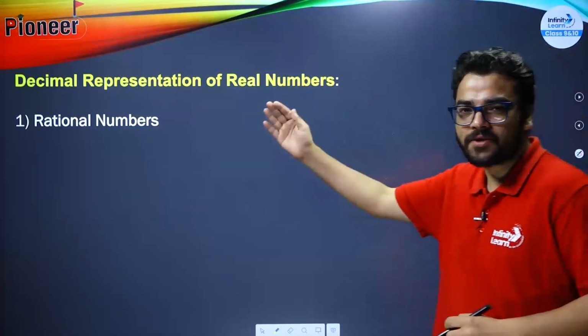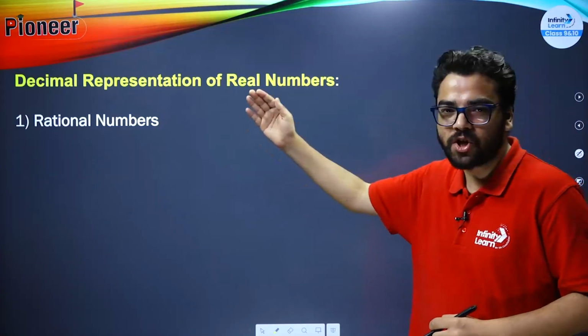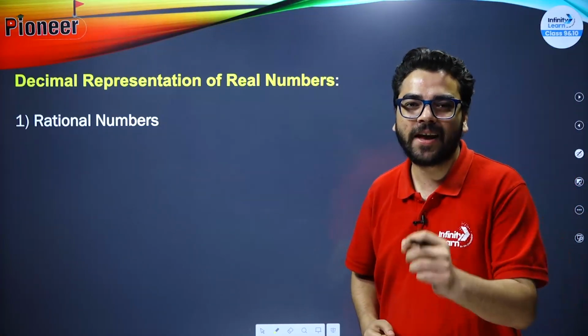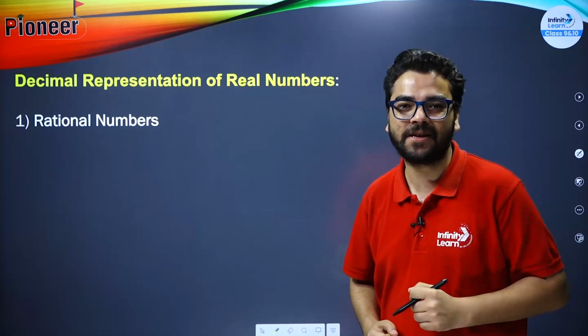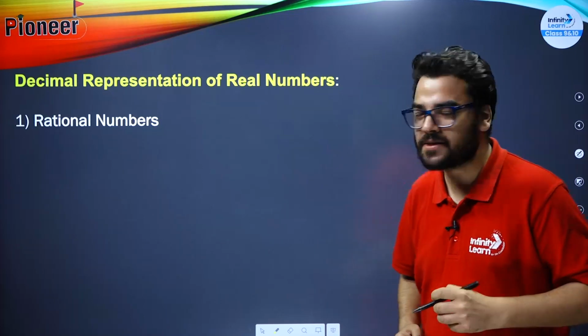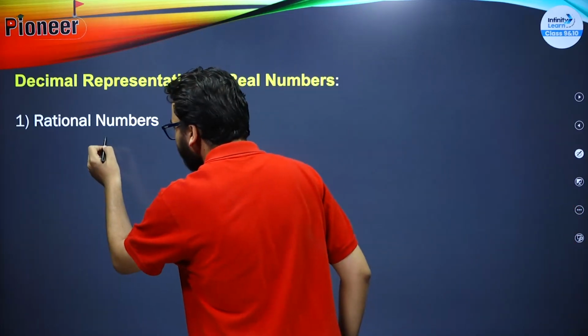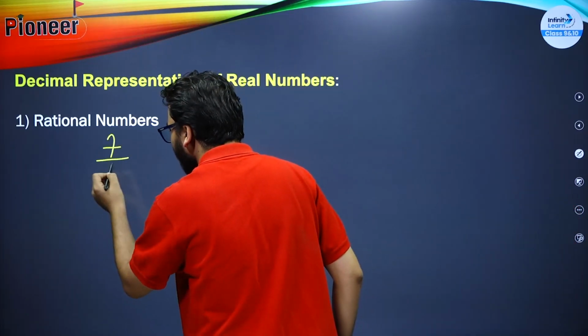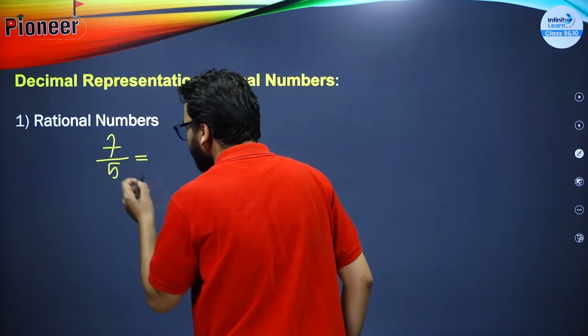So over here, first we are going to do the decimal representation of rational numbers. There can be two types of decimal representation of rational numbers. The first can be terminating decimal representation. What does it mean? For example, I have got 7 and I am dividing it by 5. What will you get? So you see over here